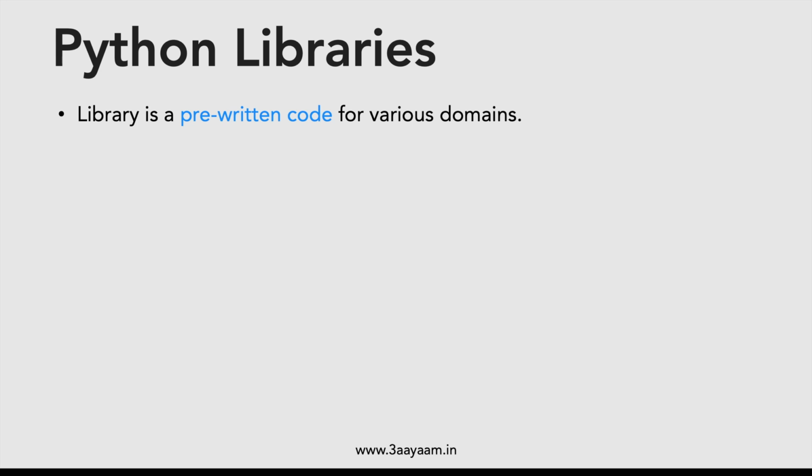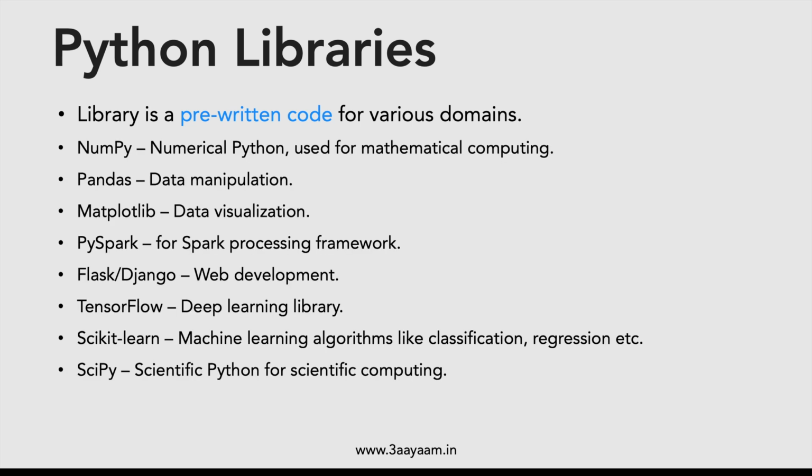Similarly, we have a lot of other libraries, and all these are pre-written code that we can use in our code to execute the logic in a particular platform. And these are the most famous libraries in Python. Again, this is definitely not an exhaustive list. One of the very famous libraries is NumPy, and the full form of NumPy is Numerical Python. It is mainly used for mathematical computing, and it is again very useful in creating machine learning models.